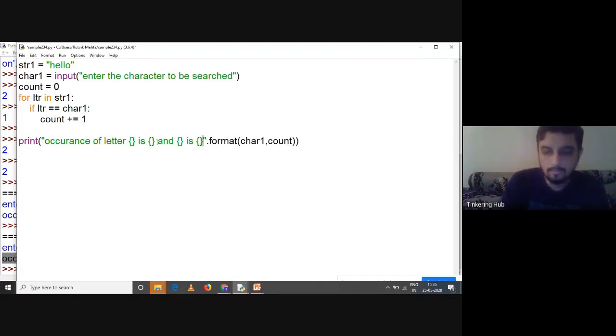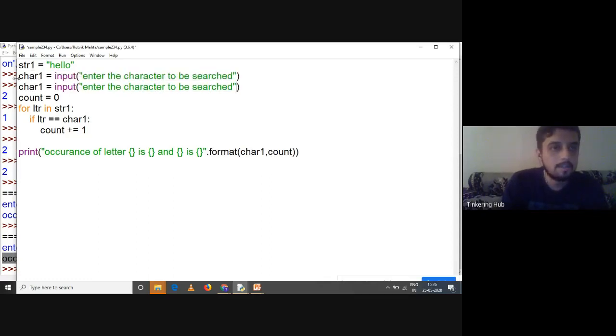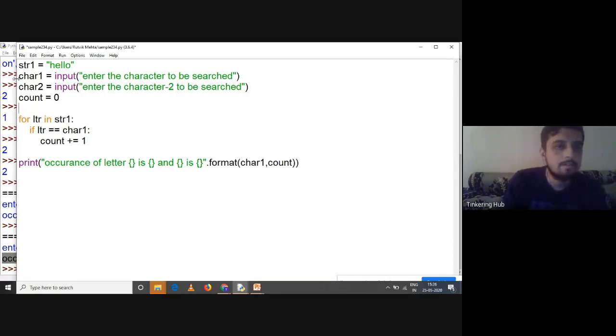Let me make it this. And what am I doing over here? I'm taking 2 characters as input. Let me make it character 2 over here. And let me take one more variable over here, count1 is equal to 0.